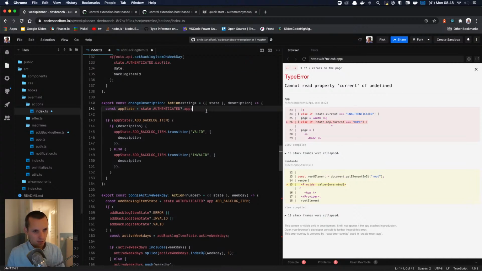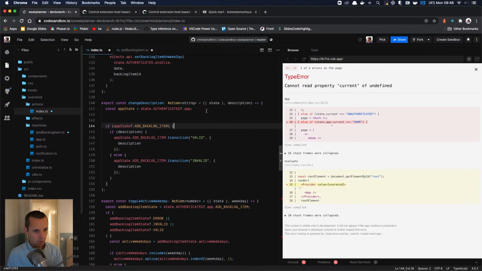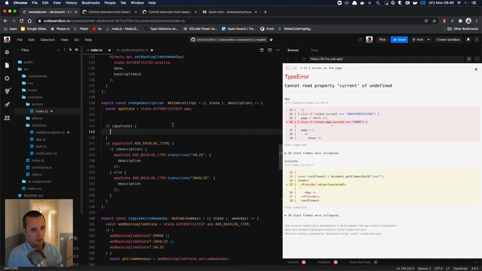Yeah, so let's check this one. This is interesting. This is where I actually changed the description. So we want to, let's see, how would this look? So basically, this one is very interesting, because we would just say if app state, we would say app state transition description. And then we would just pass the description like that. And we wouldn't actually have any of this logic here,